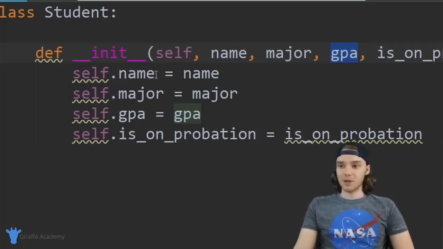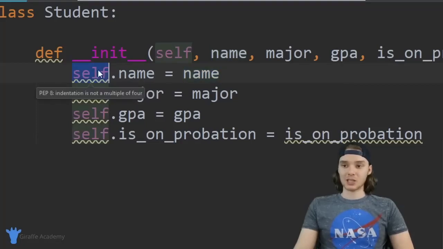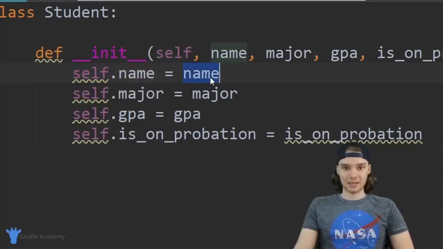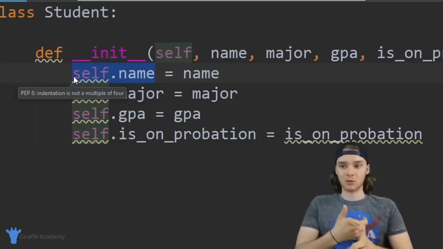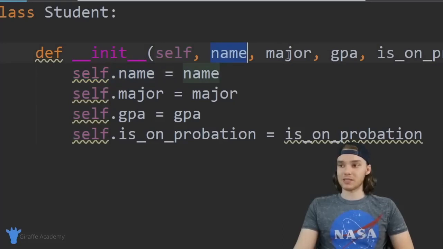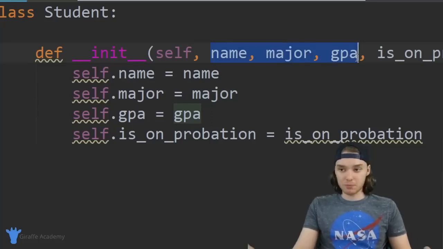Down here, what I'm doing is I'm saying self.name is equal to name. Basically what this means is the actual object's name is going to be equal to the name that they passed in. So self.name is an attribute of student, right? The student is storing a name, a major, and a GPA. But that's different from this name, this major, and this GPA. Remember, these are all just values that I passed in. They're just parameters. And so I need to take the values that I